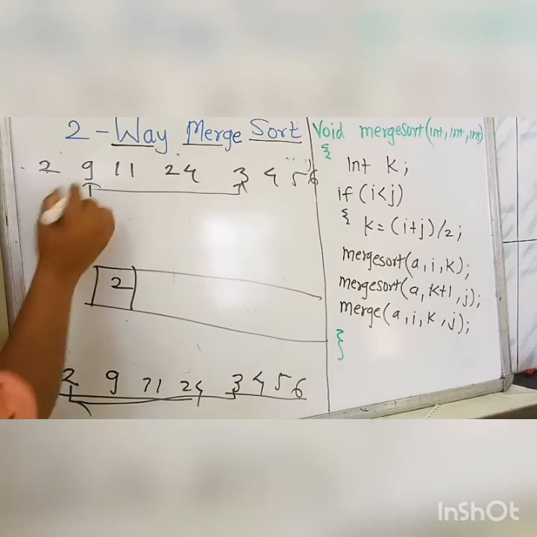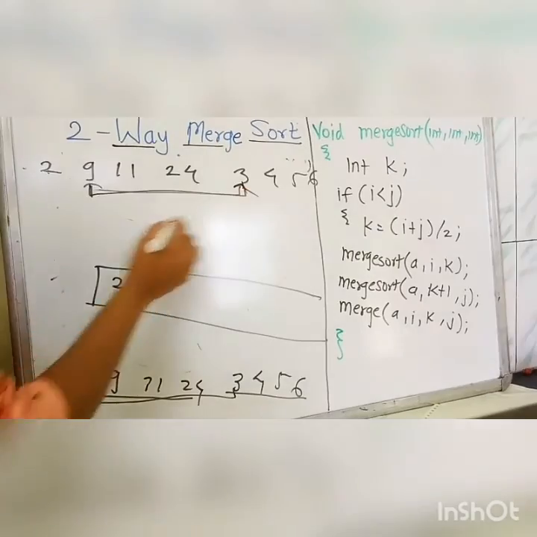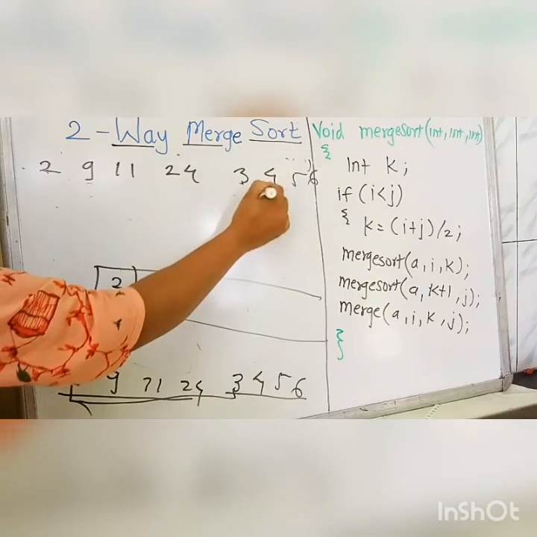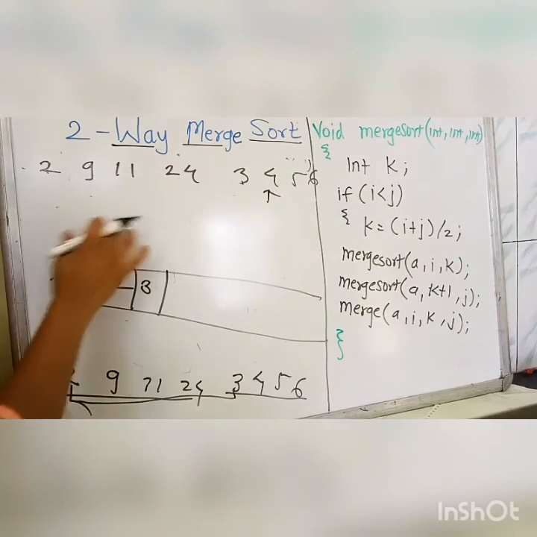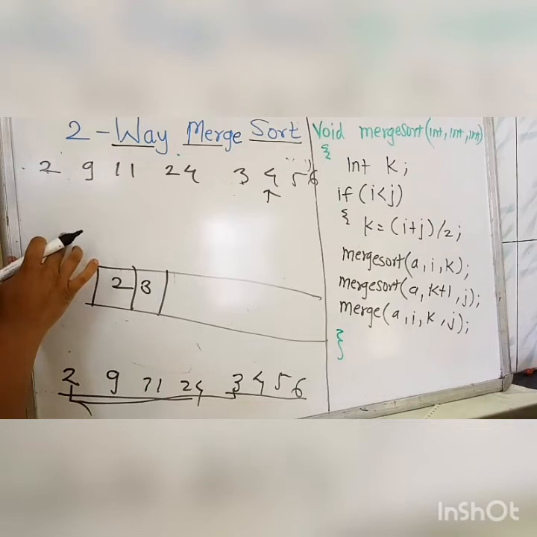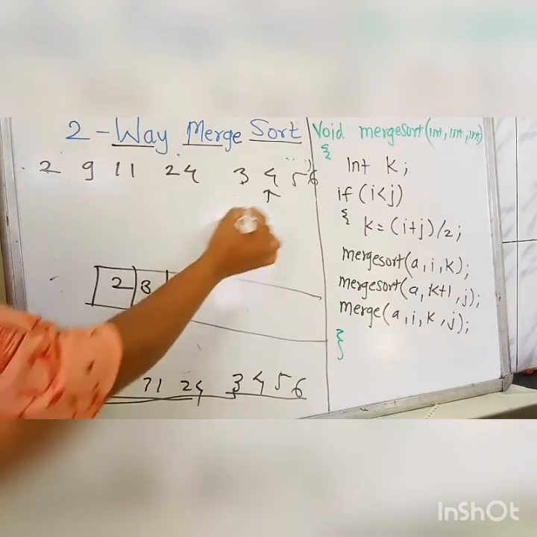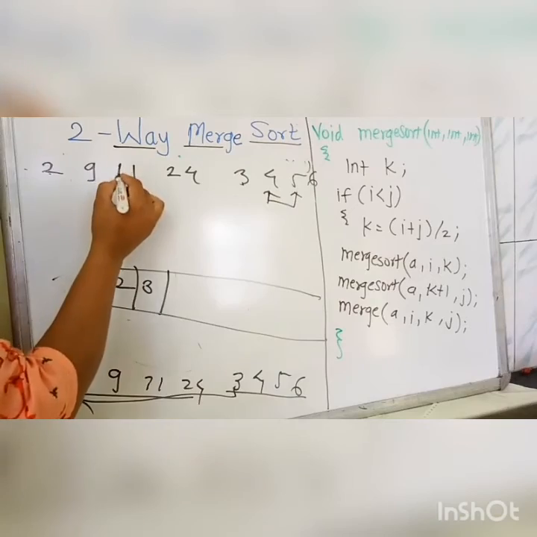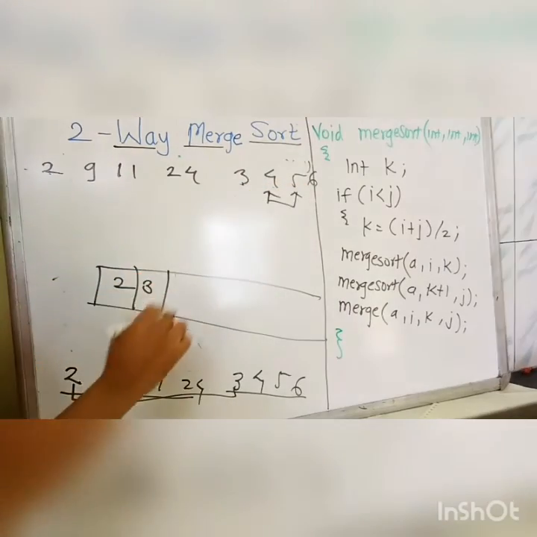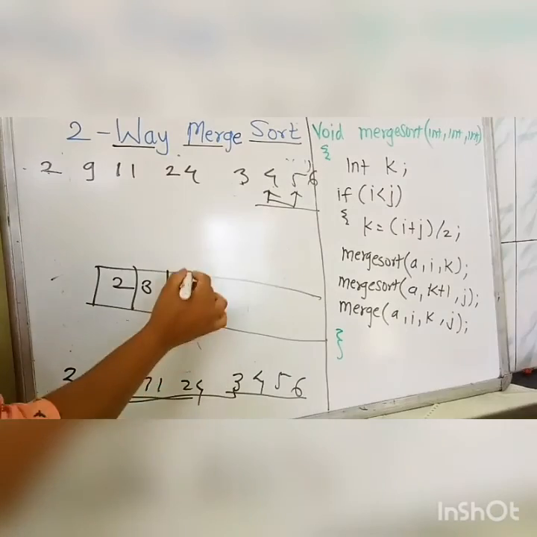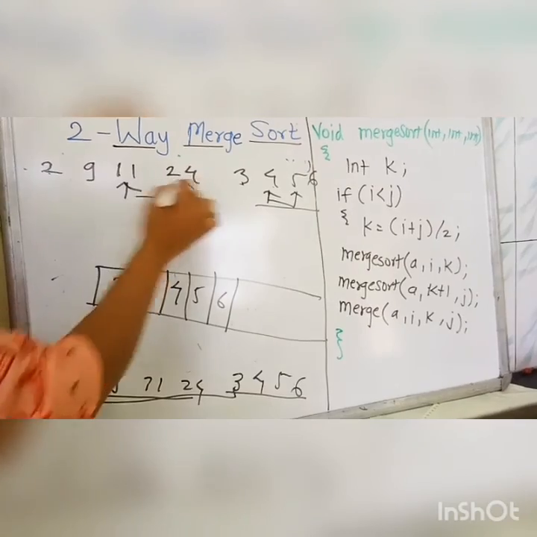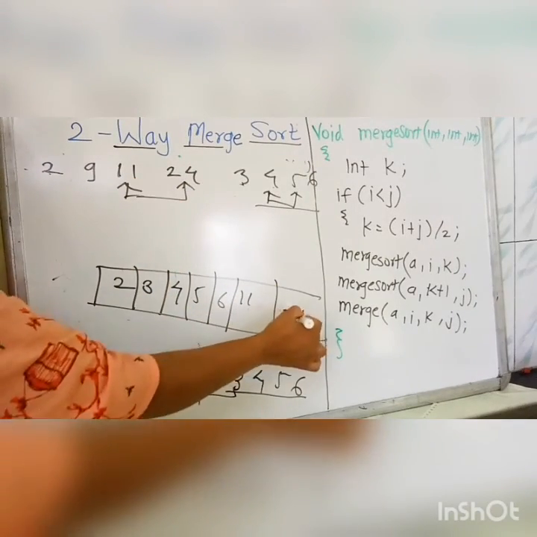As here we have got the first position, we will move ahead to 9. We compare again 9 with 3. As 3 is less than 9, we will place it here and advance the position here. Now we will compare 4 with 5, means we are getting the elements less than 11 to this side. Then we will put all these 4, 5, 6 into our array. Then coming back to here, we will place the remaining elements like 11 and 24.